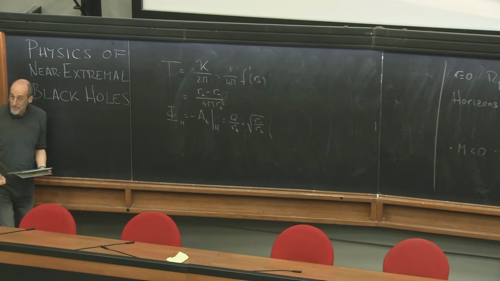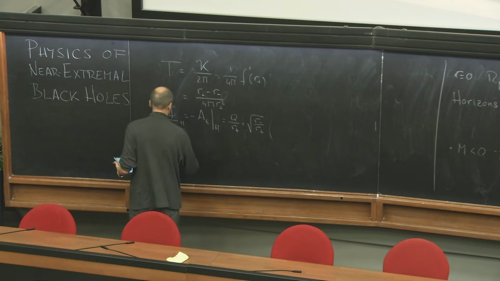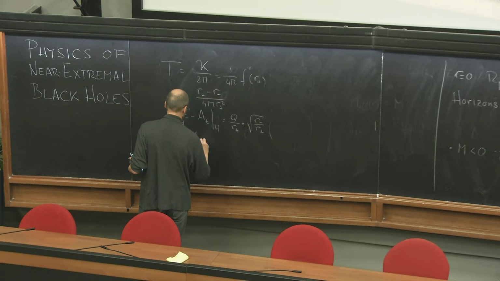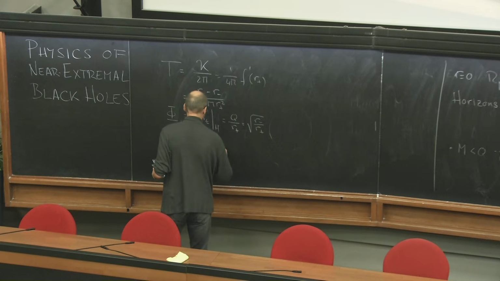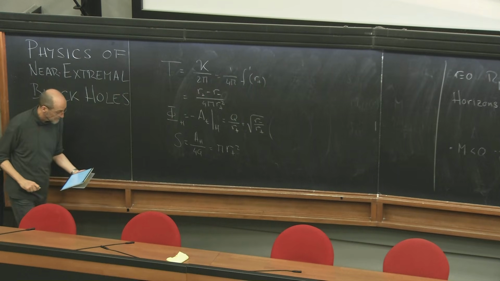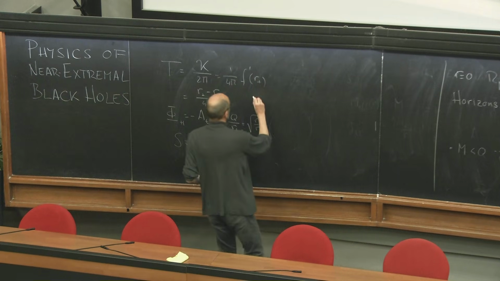And then we also have an entropy that's proportional to the area. Of course, G Newton, we would set to 1. This would be this. The mass, by the way, in terms of this,